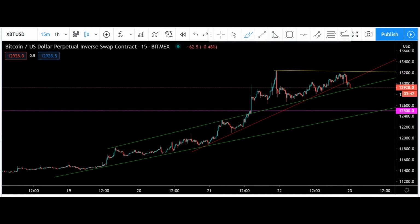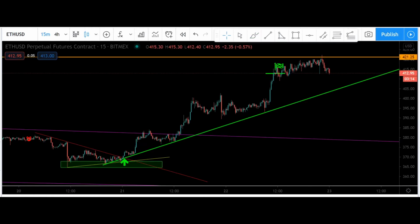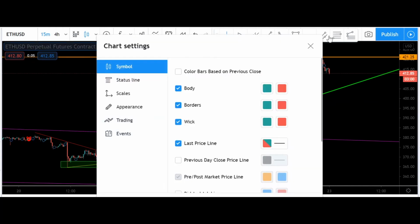Anyways, let's hop over to my Ethereum chart. All right, guys, my Ethereum trade here. If you watched my last video, and if you haven't, you should, I totally called out this exact entry for a long position. And my reasoning for this was...